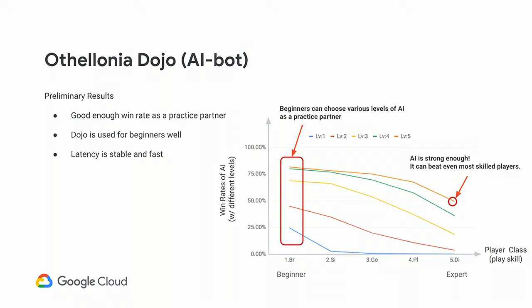Although this was released last month and we don't have enough data to evaluate the business impact, Dojo is used by beginners very well, and we hope that this can lead to a good KPI in the future. And as for the system metrics, the inference of Cloud Machine Learning Engine is about 200 to 300 milliseconds and very stable. Even for the entire system, the response time is about a second, which is fast enough for our case. And the backup endpoint is working well, and we haven't had system trouble so far.